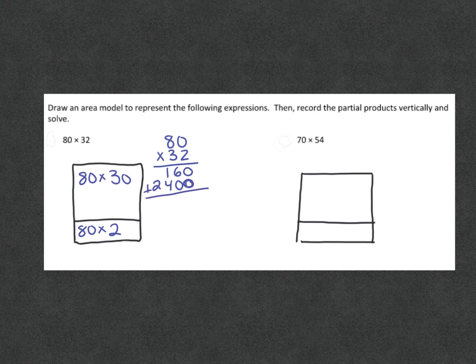Now we add those together. 0 plus 0 is 0. 6 plus 0 is 6. 4 plus 1 is 5. And 2 plus nothing is 2. So our answer would be